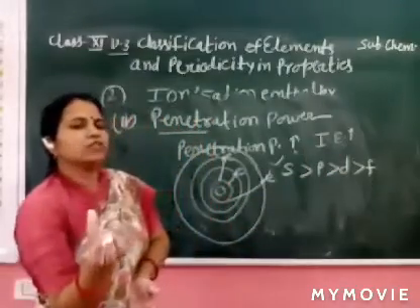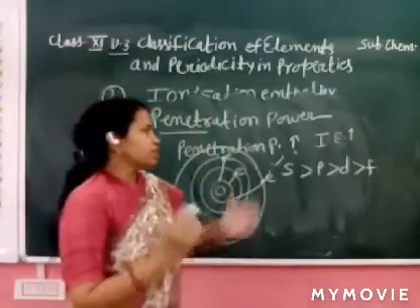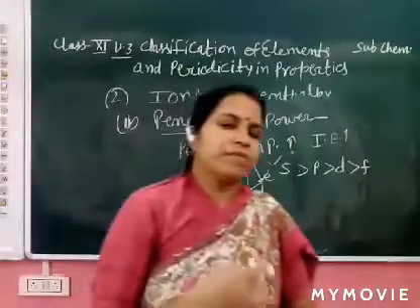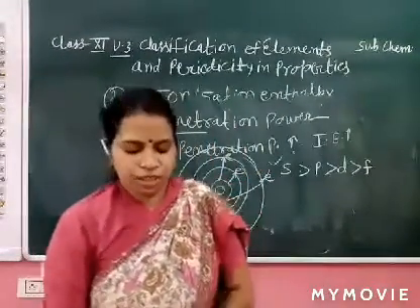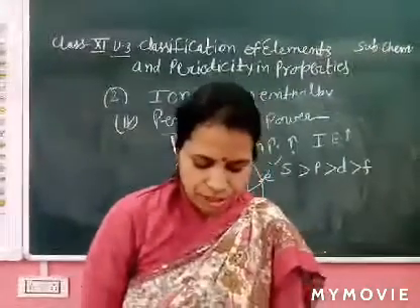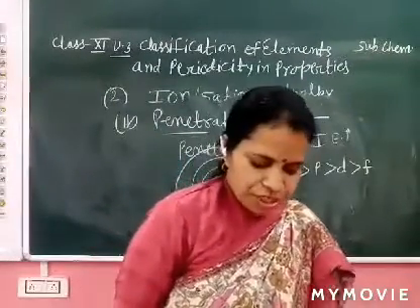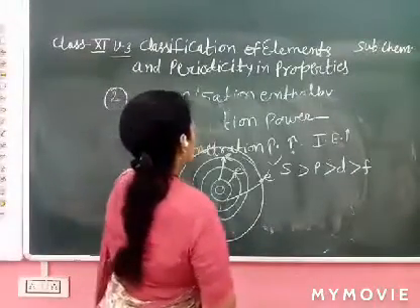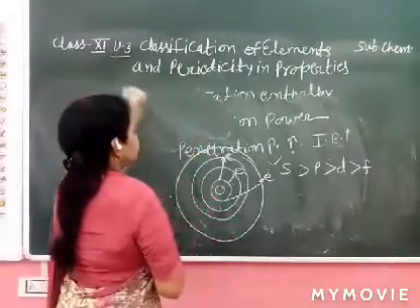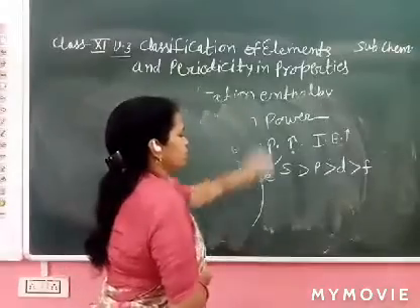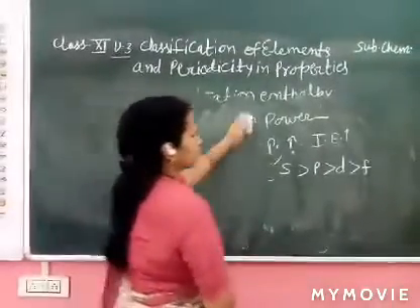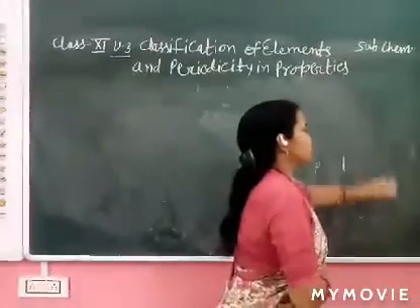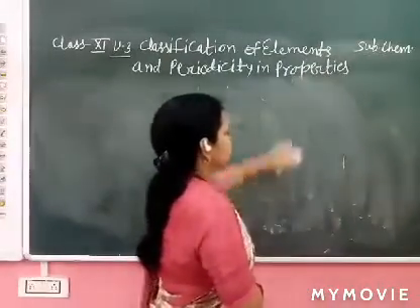Which orbital is closest to the nucleus? Its penetration power is higher. So when penetration power is increased, ionization enthalpy is increased. And the last point is electronic configuration, the electronic arrangement. I already told you how to learn the electronic configuration by using the n+l rule, Hund's rule, Pauli exclusion principle, and practice.